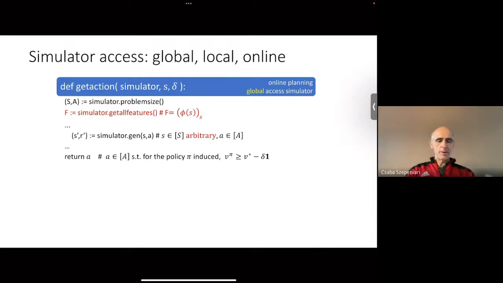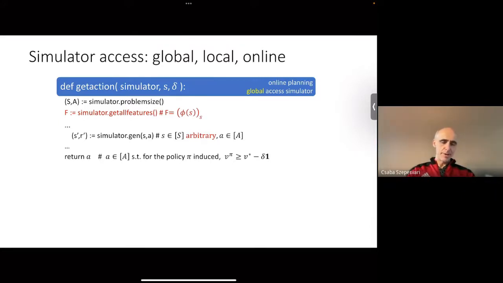So a little bit more about this get action function. Later on, okay, this is not really that relevant at the moment, but later on, when we talk about interacting with really, really large state spaces, we're going to bring in features and linear function approximation. And then there will be the question of how do you access these features? And here we have various ways of simplifying our life.